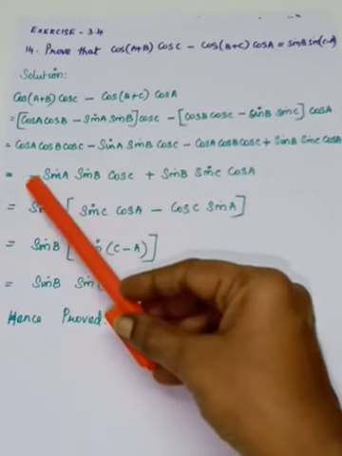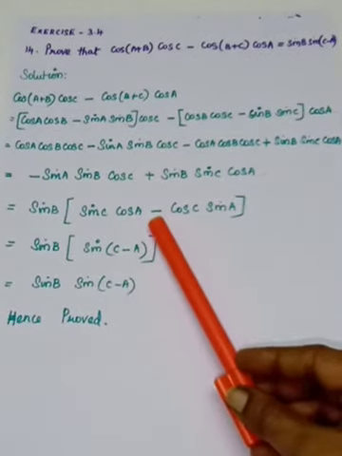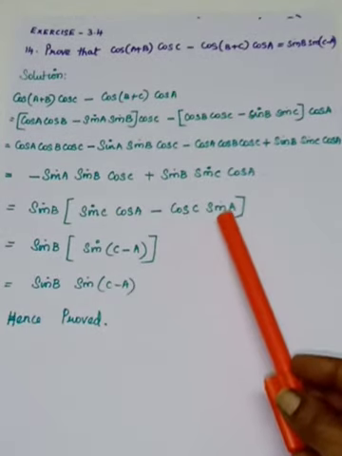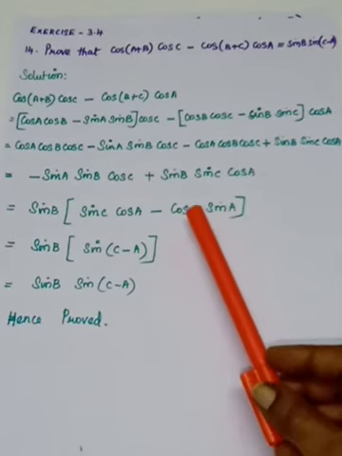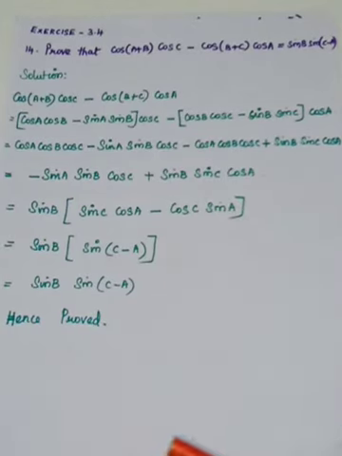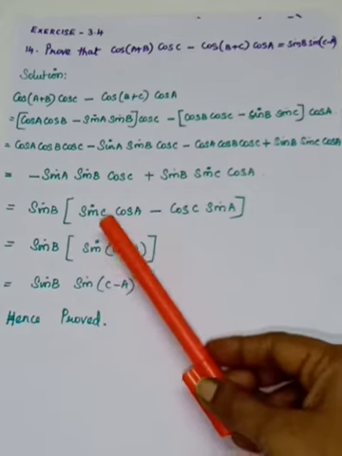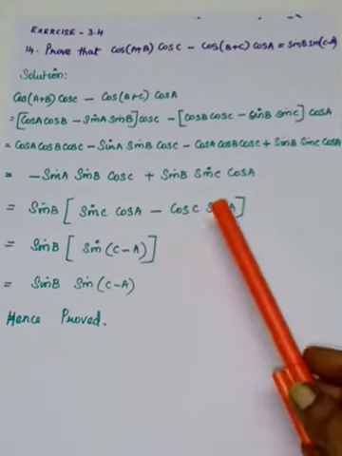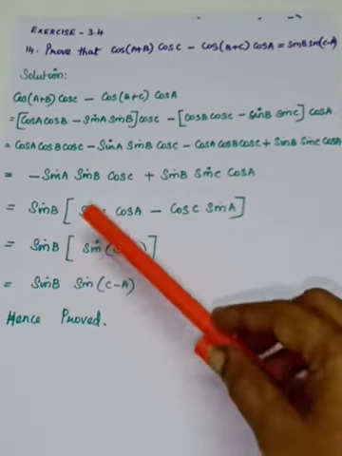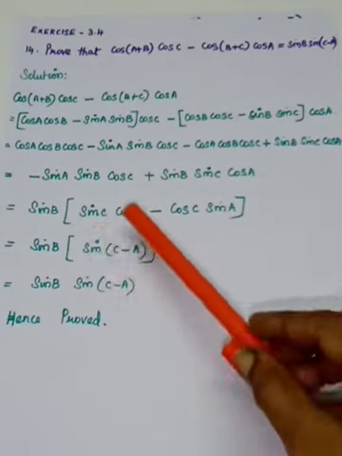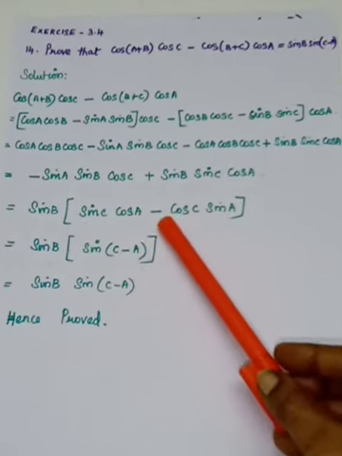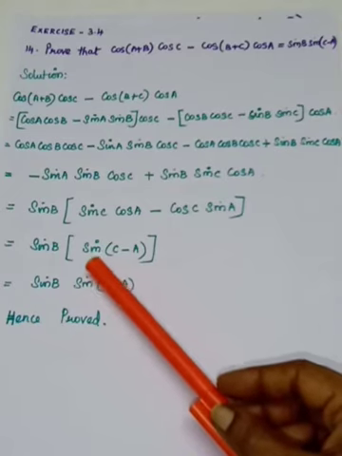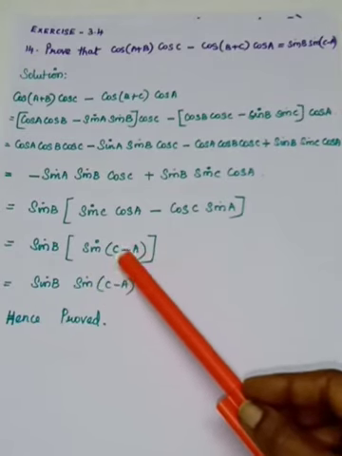From this term, which is in minus, I have written the minus in the middle. So sin B is taken out means the remaining is sin A into cos C. So I have arranged it as cos C into sin A. Both are same only. Okay. So see now, it is sin C cos A minus cos C sin A. So sin and cos has come, and in between you are having minus. So it is the trigonometric identity of sin(C−A).